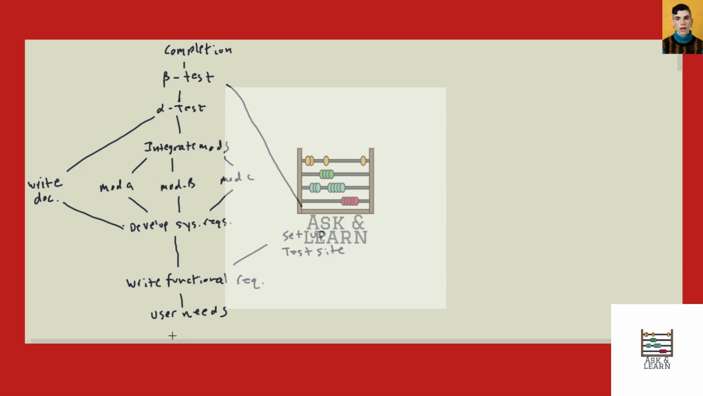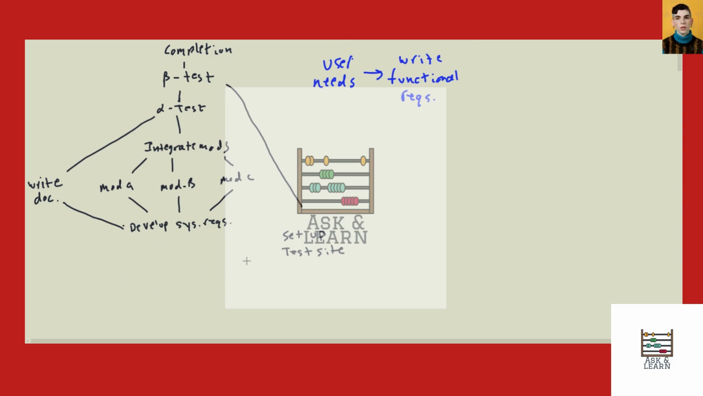So our only minimal element right now is determine the user's needs. So we'll just go ahead and put user needs. And then after this, let's go ahead and erase this. So we have write functional requirements. So we don't have any other choice for this. All right, so now after this, we have two